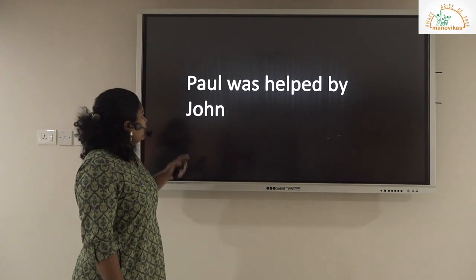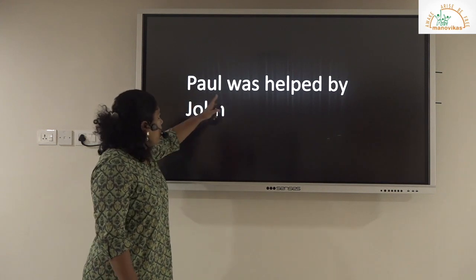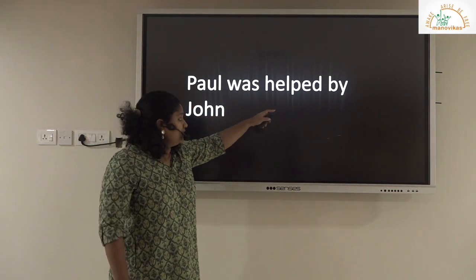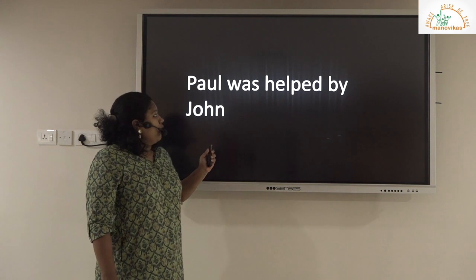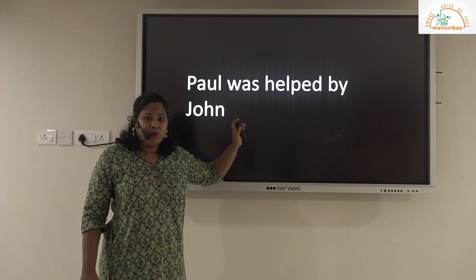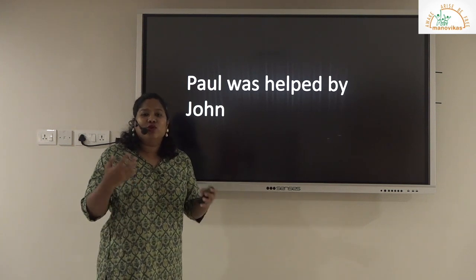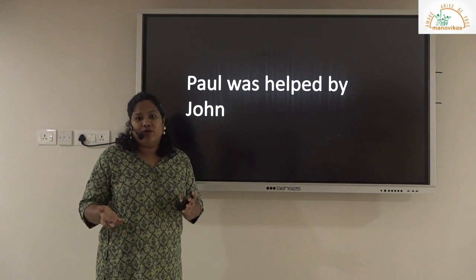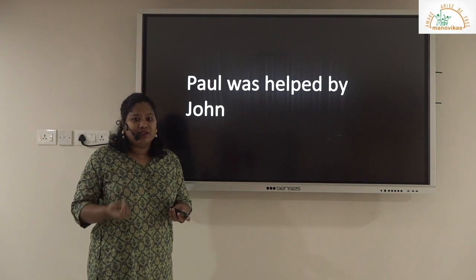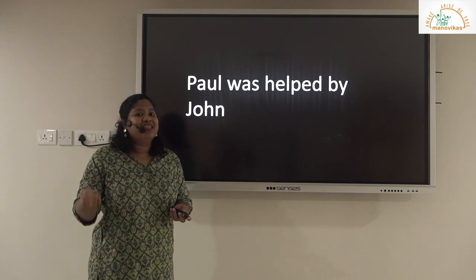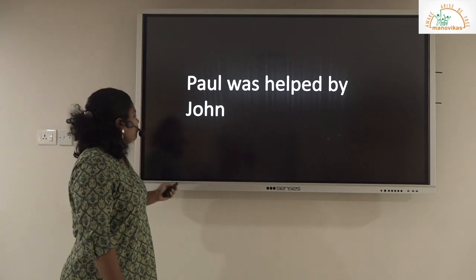Okay? So the sentence therefore becomes Paul, taking the role of the subject, was helped, which is my tense, by John. Alright? Now, I've just shown you an example with the past tense, which is a simple past tense, but there are many tenses, right? And so every tense will have its own way of getting transformed. And that is why we need to be cautious. We need to be able to identify the tense of the verb and then accordingly change the tense following the rules of active and passive voice.